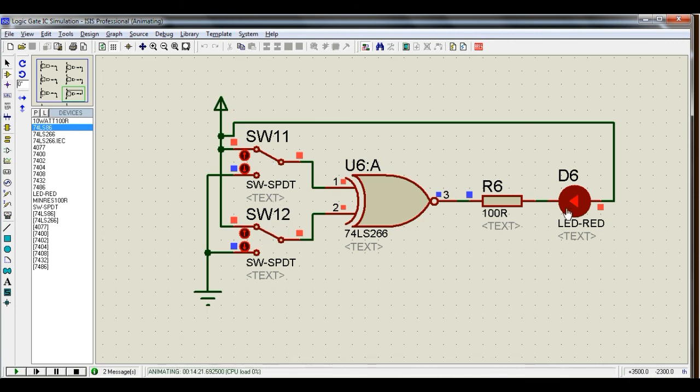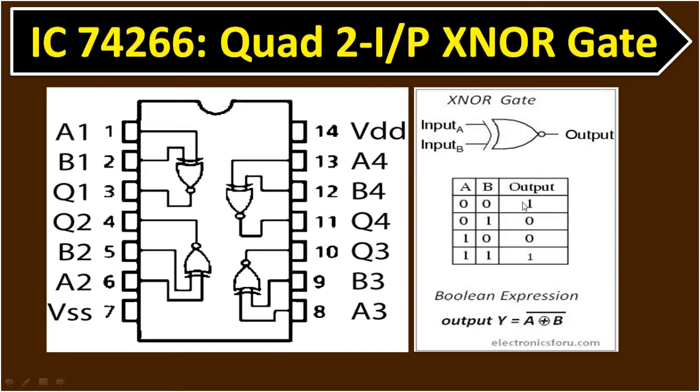So if you don't want this kind of output, if you want regular output, that is logic 1 and logic 0 at its output pin, then you must go for the other XNOR IC, that is the CMOS IC type. Okay, so the IC number is 4077. Yes, it is 4077. If you don't want this kind of connection, and if you want a straightforward connection, that is you want to connect the cathode to ground and the anode to the output of the XNOR gate, then you must go for the 4077 IC. Okay, now let us see the 4077.